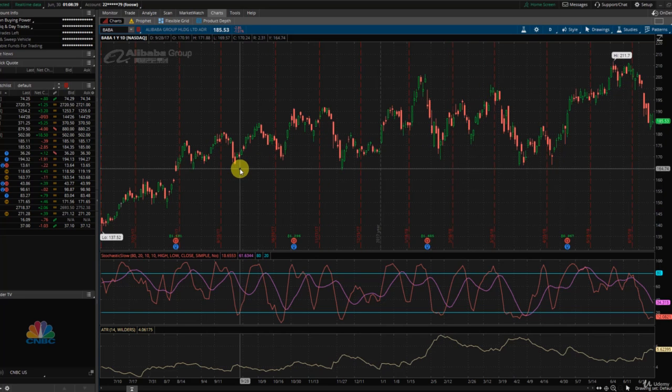But what happens if you do it when the market is on the downtrend or a recession? Which is why we want to time the market. And how do we time the market? I just use a very simple stochastic indicator. There's nothing else. This is a daily chart of Alibaba.